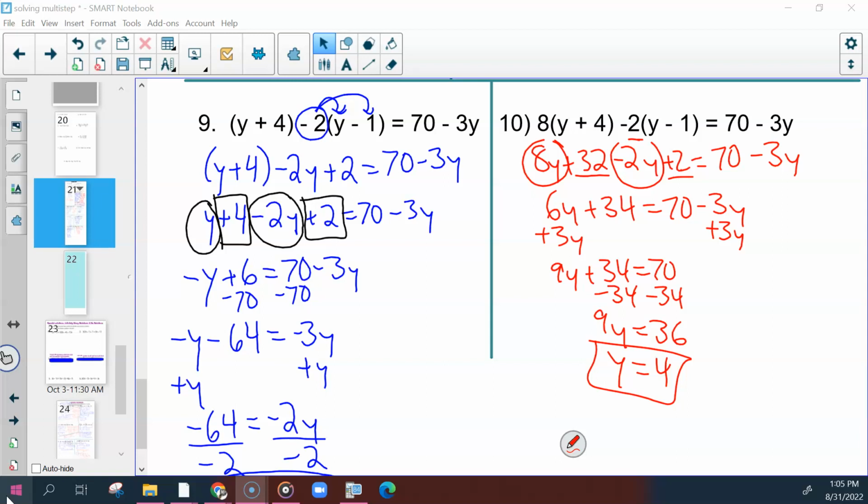Another thing I saw is when we are combining like terms on the same side, we're doing whatever it says. So if it says 8y minus 2y, we're going to do exactly that: 8y minus 2y to get 6y. We aren't doing the opposite and doing like plus 2y or anything like that. Same thing with the constants, 32 plus 2, not 32 minus 2. Anytime you're moving things to the other side, make sure you're doing the opposite. And